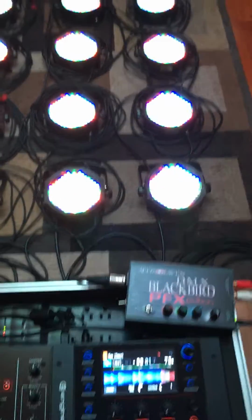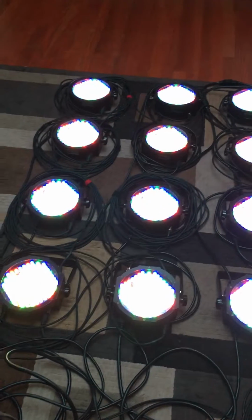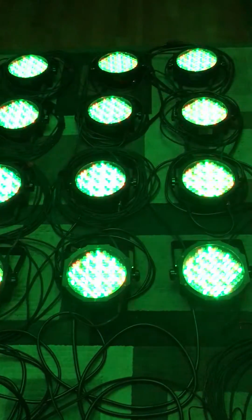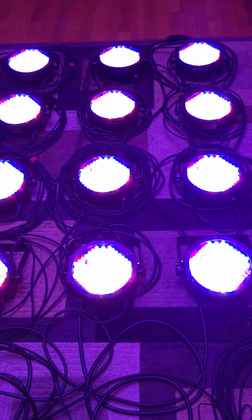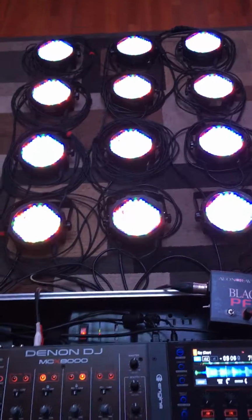Now, when I set this up, I have 12 lights on the floor here. And as you can see, all of them are currently running on the RGB mode. I can set them straight to red, straight to green, straight to blue, or if they're all on, you get more or less a white color. And I can show you that up here in the ceiling. As we all know, RGB doesn't give a perfect white, but that's a limitation of the lights,